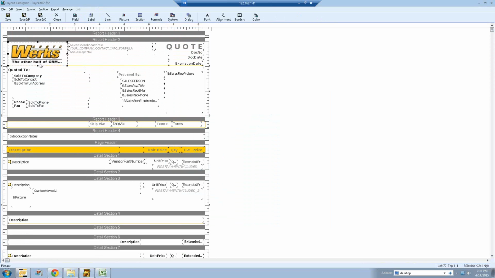So to delete a QuoteWerks logo that's in your layouts, because I think they all come branded with the QuoteWerks or the Aspire logo, simply click on your logo, and once you've made a selection, it'll be outlined. And then you can either hit delete on your keyboard or you can right-click and delete. So I'm just going to hit delete on my keyboard, and that removes that logo from my layout. Now, to insert my own logo, I'm going to click on Insert, Picture,